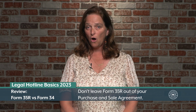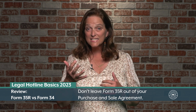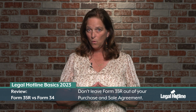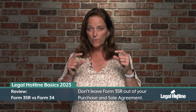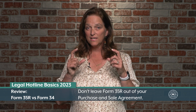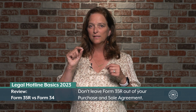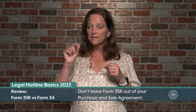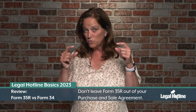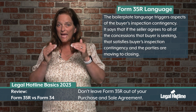Form 35R has language in it that ties into the Form 35 inspection contingency so that when a buyer uses Form 35R, that first section of Form 35R dedicated to buyer's use, the fourth checkbox provision in that section, they mark that box and then they ask seller to make concessions identified on those few lines that are there. When the buyer uses that form, the boilerplate language